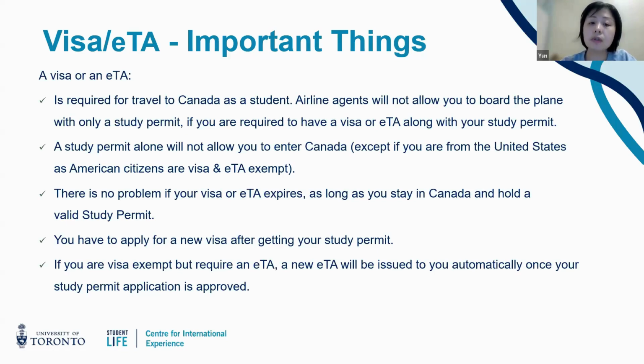As I mentioned before, if you hold a study permit and you don't have a TRV or an ETA, you will not be able to enter Canada. On one hand, airline agents will not allow you to board the plane with only a study permit. On the other hand, even if you are able to board the plane, you will not be able to enter Canada if you only have a study permit. Okay, so a study permit alone will not allow you to enter Canada